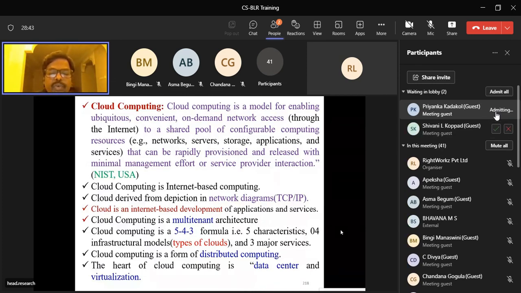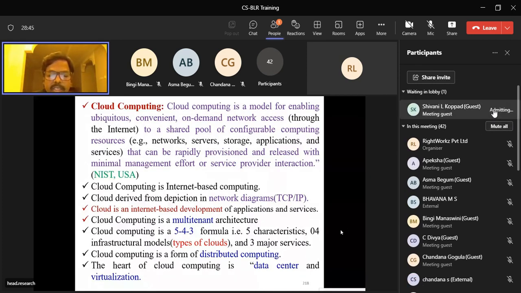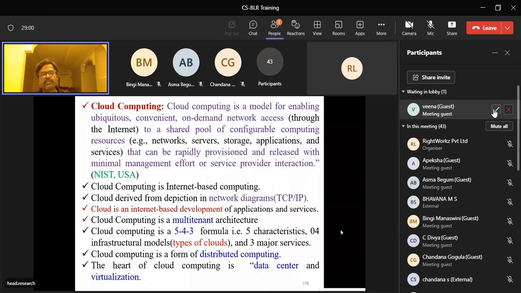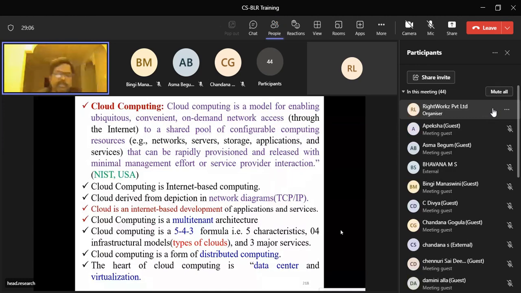There are 4 very famous virtualization technologies worldwide. The number one in the market is VMware. VMware is a virtualization technology software, and VMware is a company. In order to develop various applications, service-based, infrastructure-based, and platform-related applications, we are using the